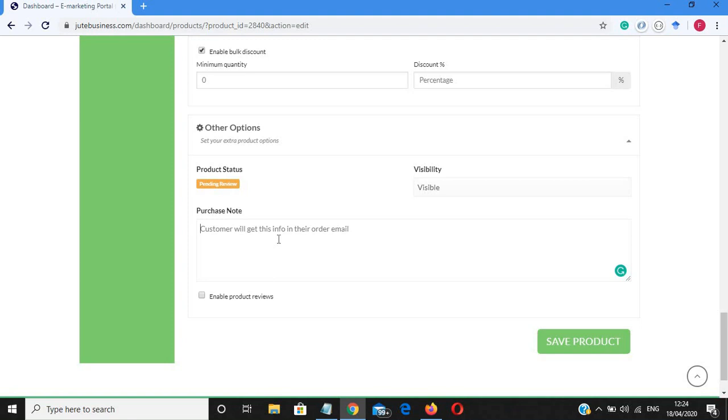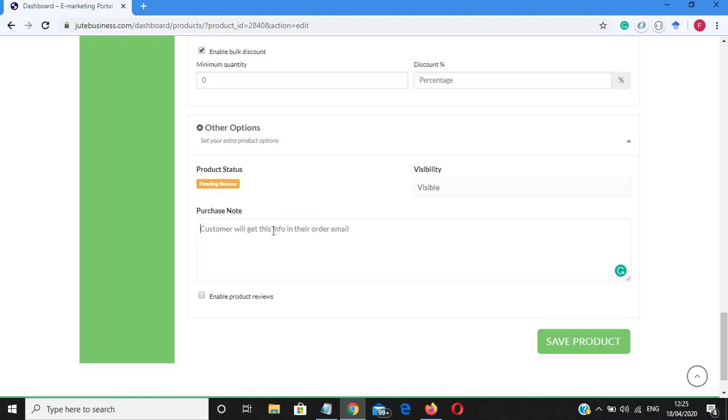We can enter usage precautions, what precautions to take while using this product, or any important things related to the product. For example, use this product carefully, don't wash, or beware of dust. Various types of instructions we can put here.